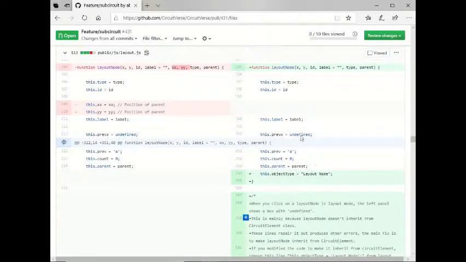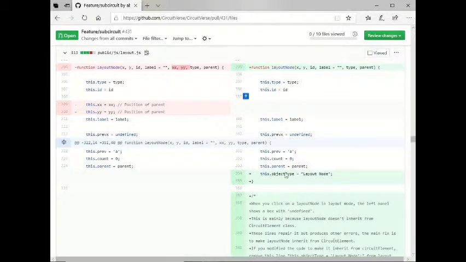The problem here is that whoever wrote the code for the layout node, it doesn't inherit from circuit element. It's bad design because of the consistency. It's not consistent because all elements except the layout node inherit from the circuit element class, and because this layout node element doesn't,